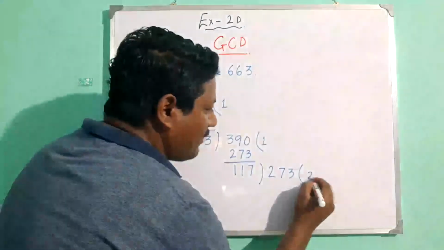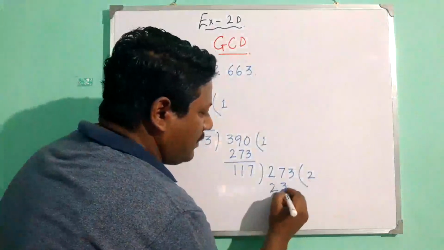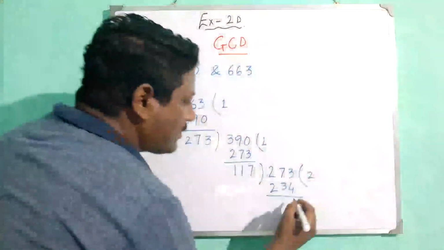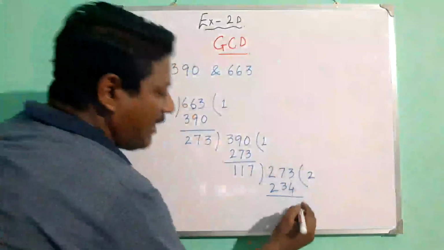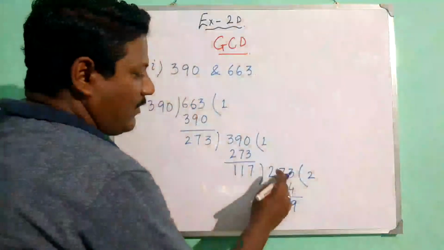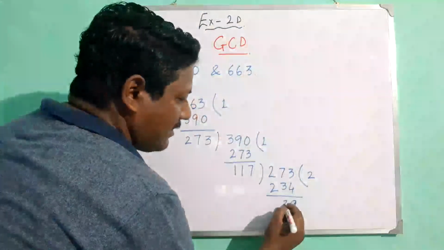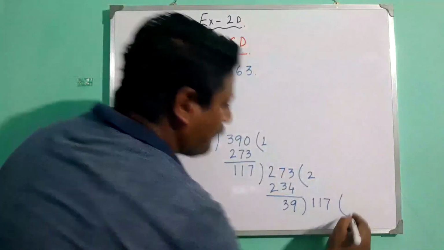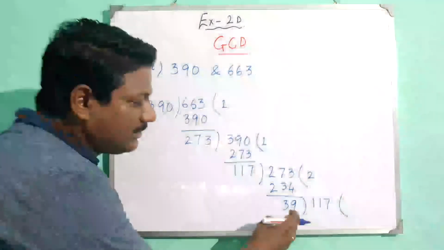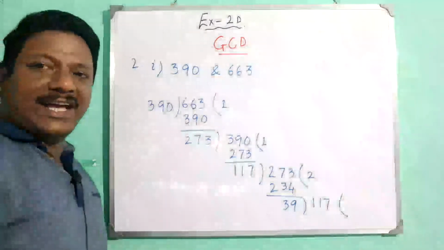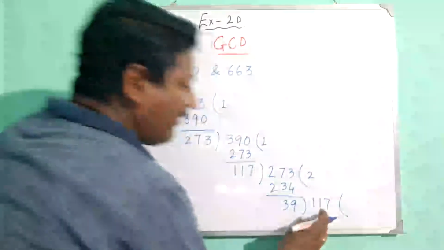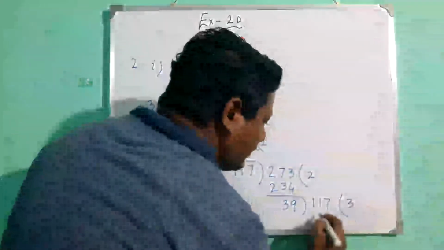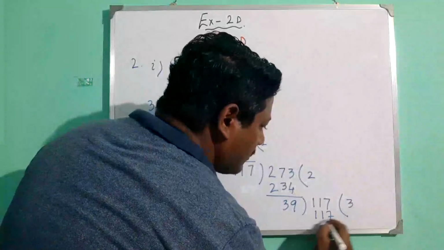Okay. Now it is 117. So 117 can go by 2. That will be 334. So when we'll subtract this, it will be 13 minus 4, 9. It will be 6 minus 3, and then again divide the divisor with remainder. Okay, now we got the 39. When we divide 117 with 39, it goes by 3. In 3's table it goes.